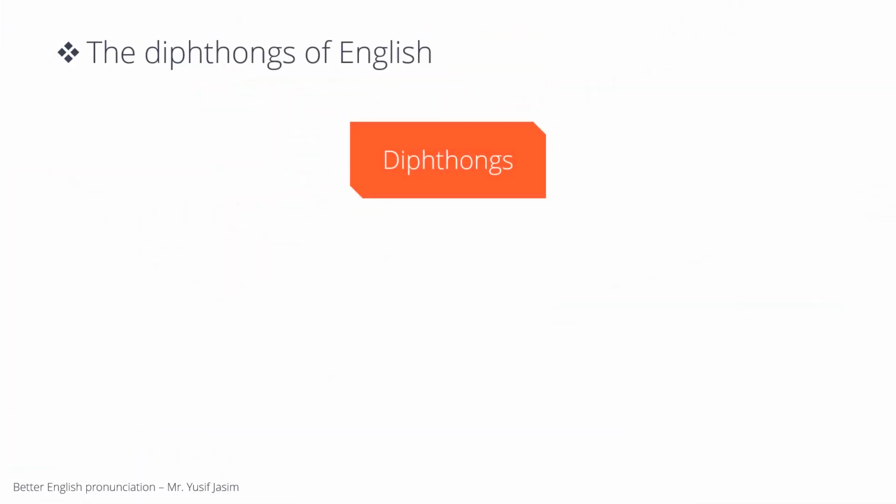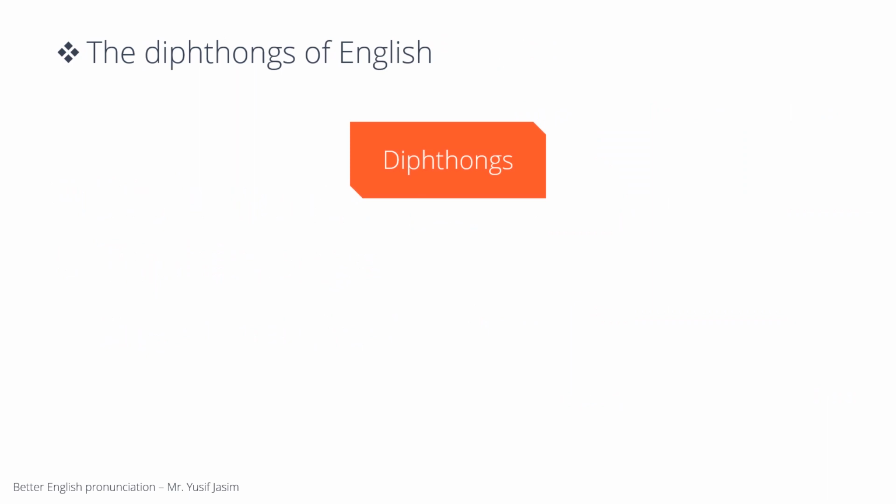We will start with diphthongs. It's a strange name, isn't it? Take it easy mate, because it's very simple. The word diphthong comes from the Greek and means two voices or two sounds. In phonetics, a diphthong is a smooth glide from one vowel position to another. The whole glide acts like one of the long simple vowels.